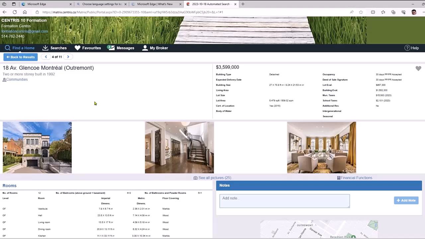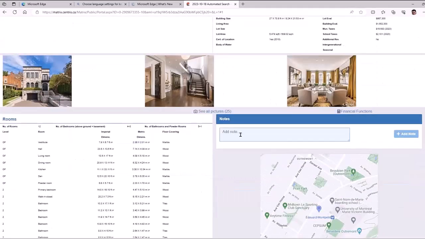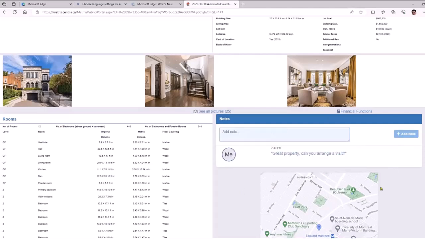So if your client, for example, likes this one here on Glencoe, the client can add a note here. Great property. Can you arrange a visit? Add note. See, this is the client writing to you, the broker.